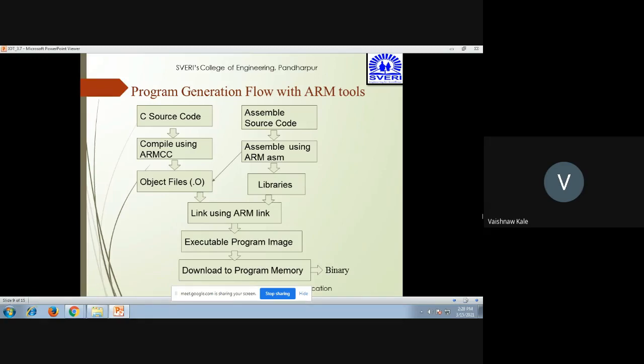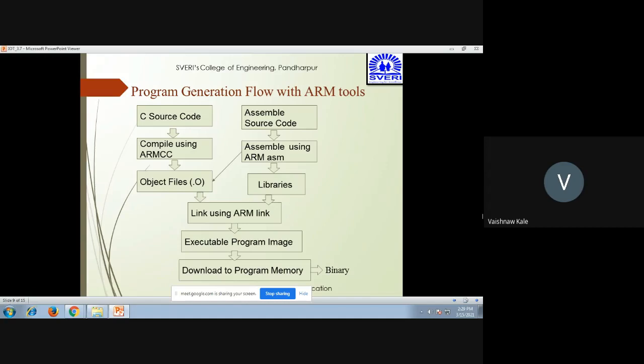Once again, we'll go through the program generation flow: what happens when you're using C code and when you're using assembly code. When it is C code, it is compiled through ARM-CC. The assembly source code is converted using the assembler, ARM ASM. Then both are converted into object files, even if it is C, even if it is assembler. So both are converted into object files.